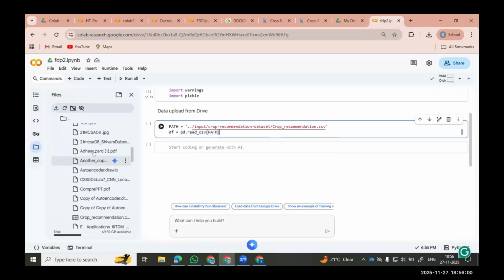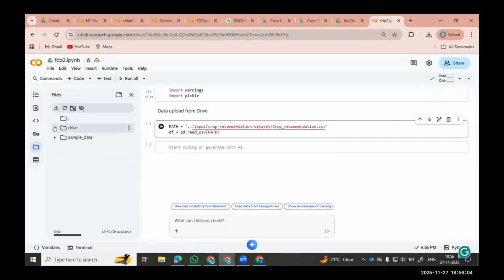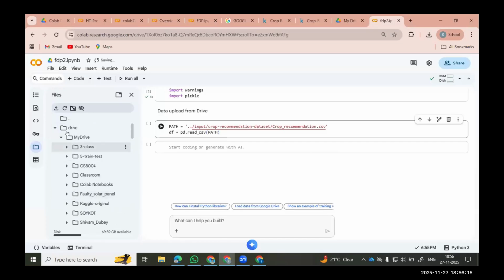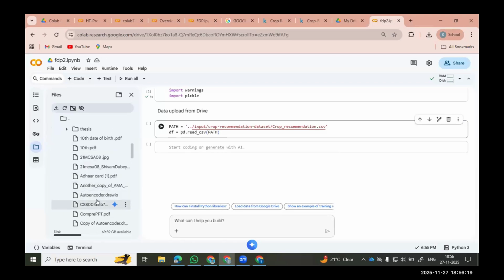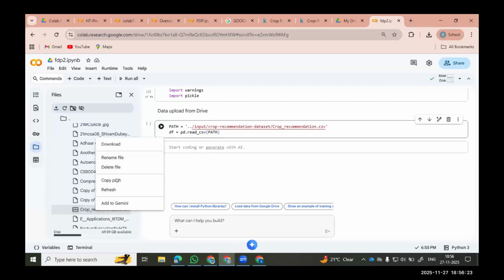So in path, you have to go in your drive, into my drive where we have uploaded the data. In this my drive data, you can search our file, crop recommendation, copy the path and paste it into this path column,